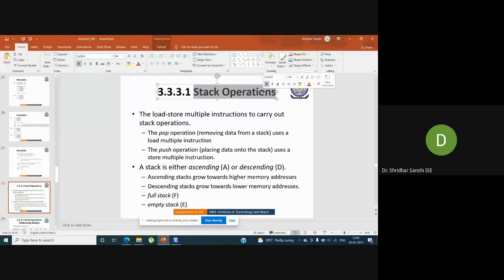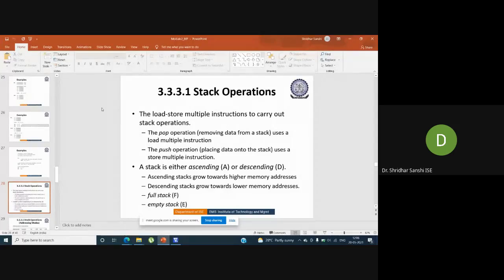So what do we mean by stack? Suppose I'm calling a subroutine from one function to another function, then whatever the previous data is there, I need to store that. If I use only a single register, it will take a lot of time. To reduce that time, we may transfer multiple data through registers to memory. Whenever we are doing stack operations, these instructions will come in handy, right? So let's see how we can do the stack operation and what instructions are there.